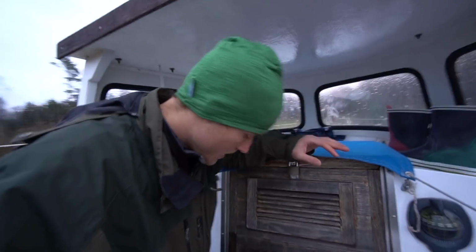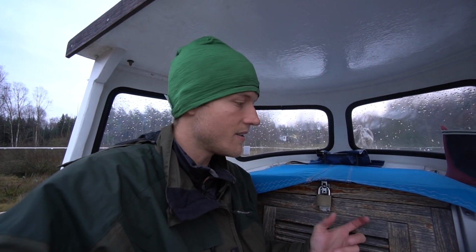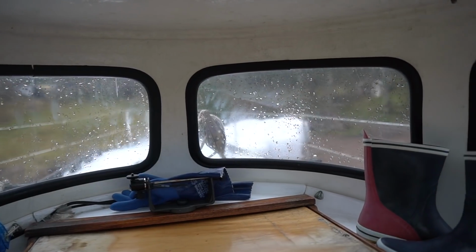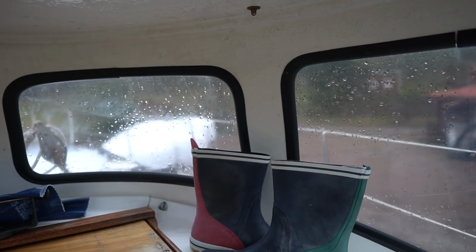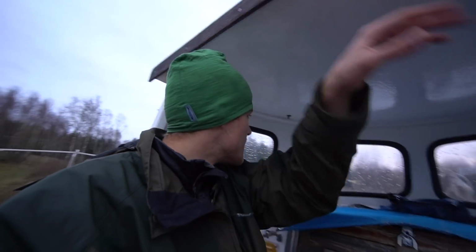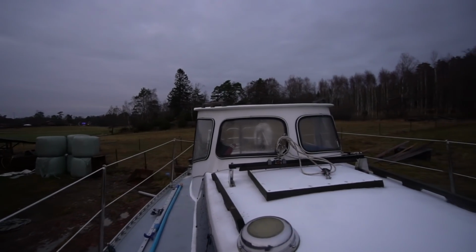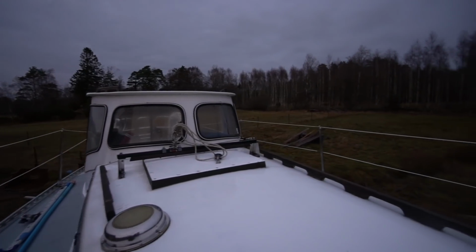It's pretty big. You can sit down here, and if you sit as close to the hatch as possible, you're more or less underneath the roof all the time. And it's solid roof, it's glass fiber. And you get good visibility through these windows compared to like a spray hood or something. The visibility is way better, and when there's waves pounding in and stuff, you can easily sit here and be dry while a wind pilot or an autopilot or something is steering,